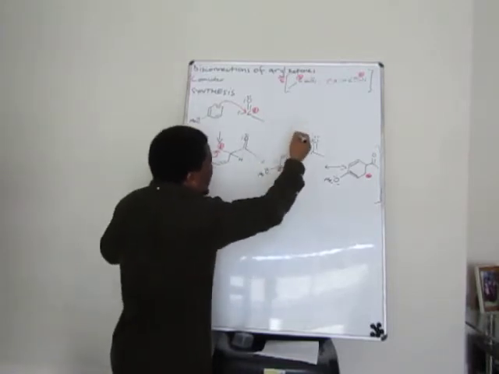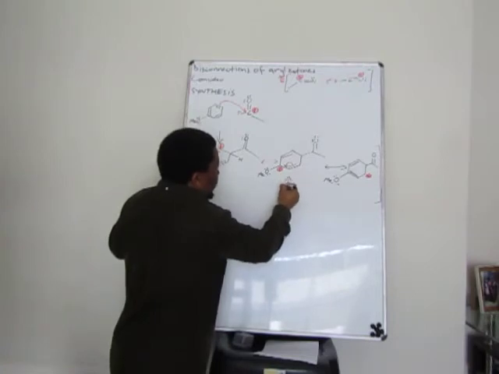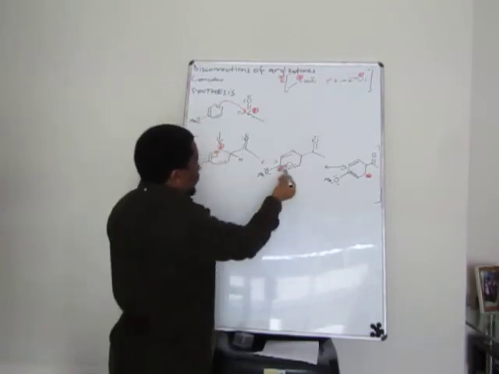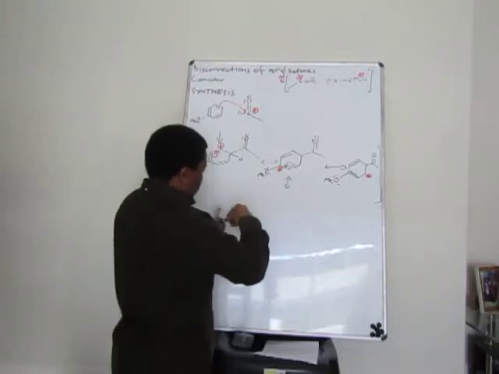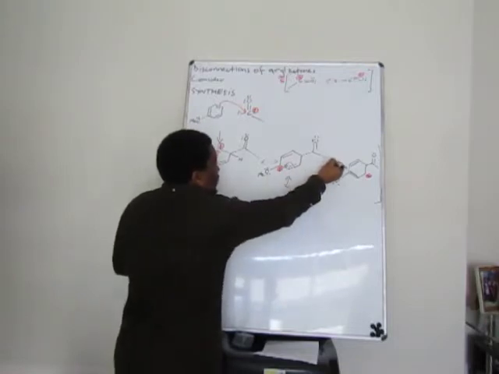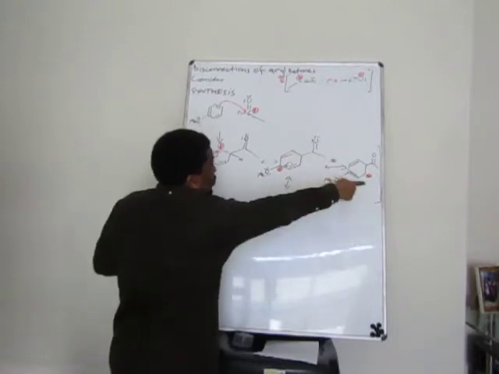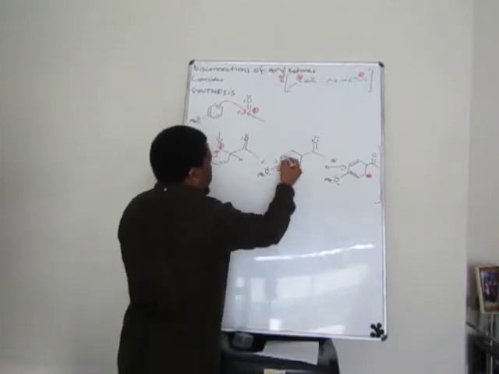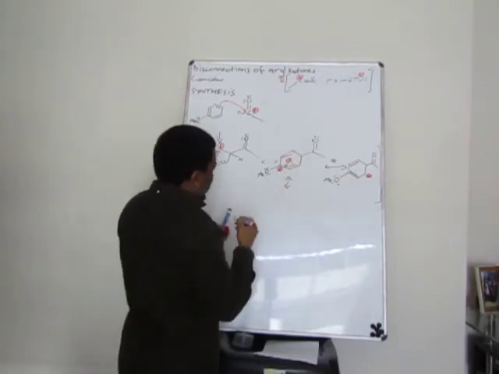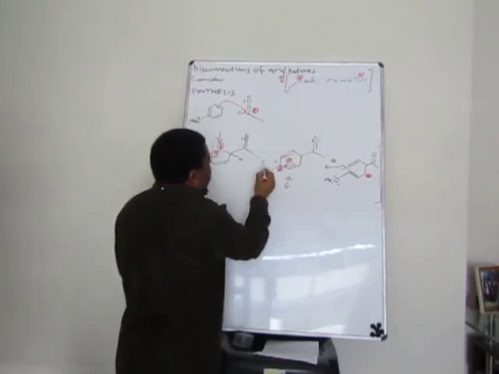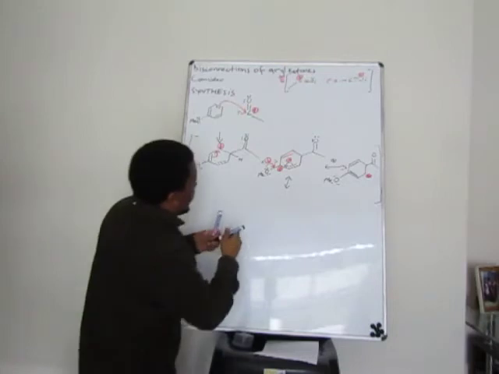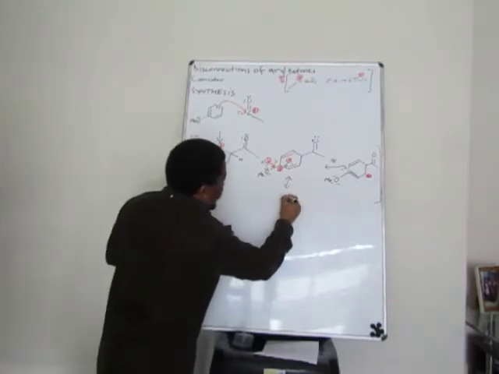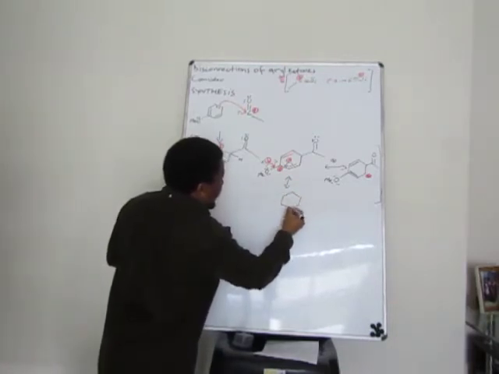Here, I could have another resonance structure that I can form. So this one, if I were to say this is A, I could say this side is the A option to yield this structure. I could say this is my A option to yield that structure. Or I could have had this one coming here. I could have this one as a B option, meaning that I could have this here as a